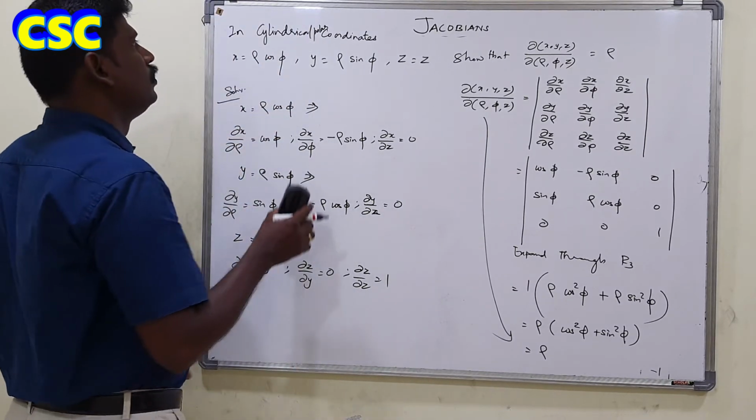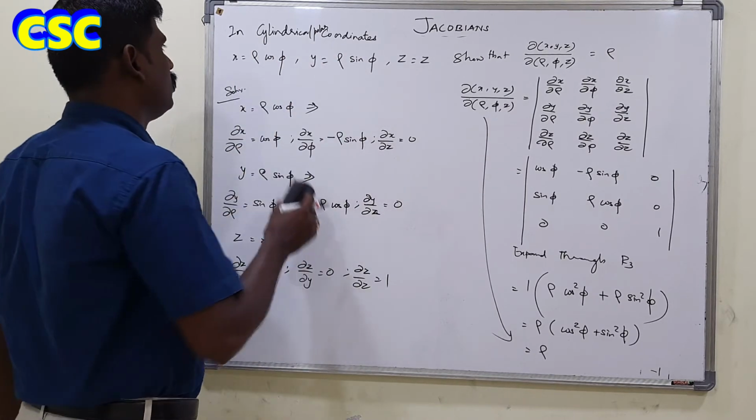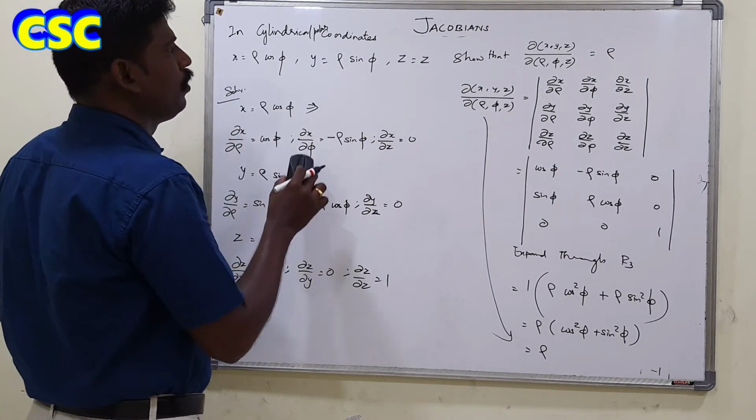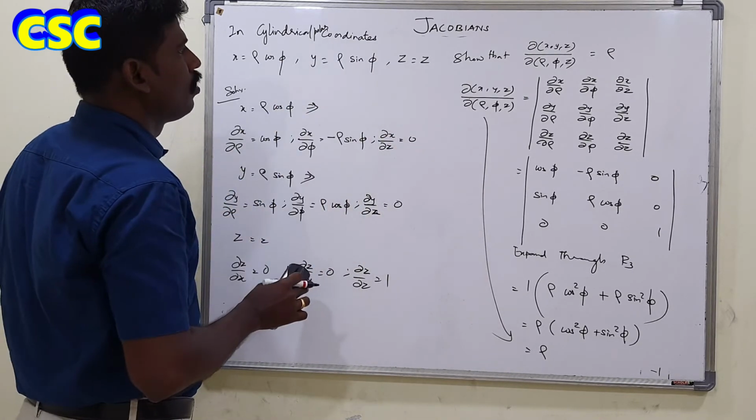That's all. Right? So this polar coordinate system is called cylindrical polar coordinates. Okay, x equals rho cos phi and y equals rho sin phi, z equal to z is called cylindrical polar coordinates. Okay,